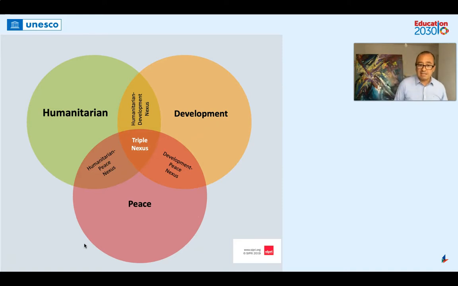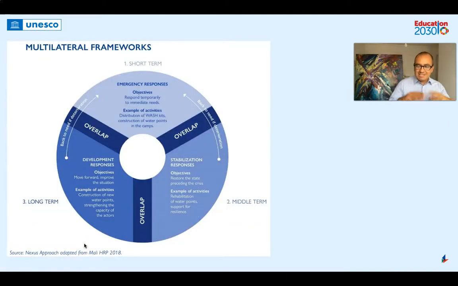So there is the humanitarian and development nexus, the humanitarian and peace nexus, and the development peace nexus. And when we interact development, peace, and humanitarian response, we have the triple nexus, and this is where we merge, or triple, the agendas that we have. One on disaster risk reduction, the other one on development, and the other one on peace, the maintenance of peace. We're going to give this in the third part of this presentation. I'm going to explain this graphic and how we link it with the comprehensive school safety framework and with education in emergency. But just to let you know, here is the same graphic now in a more current way, with examples.